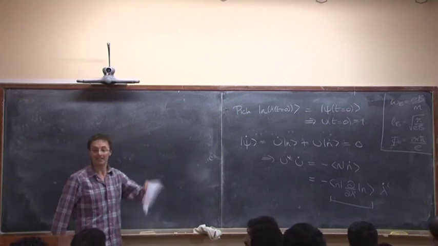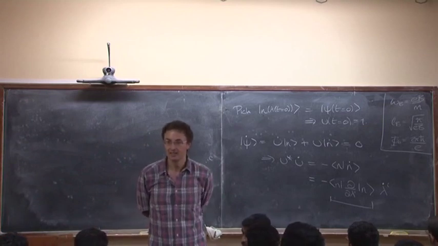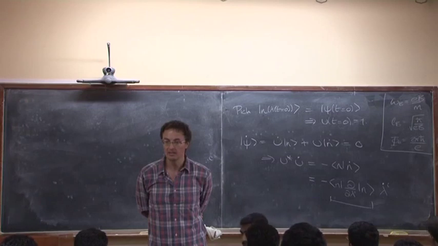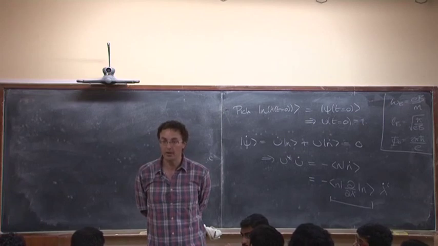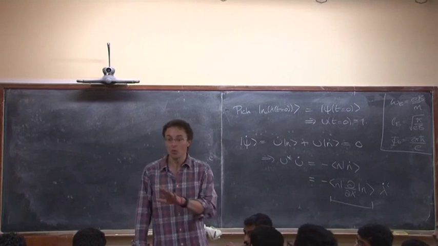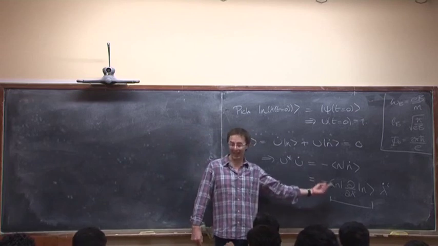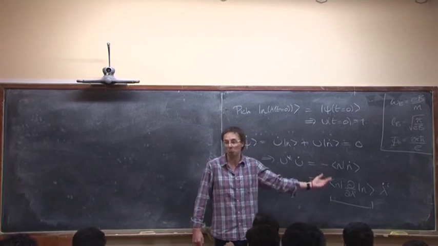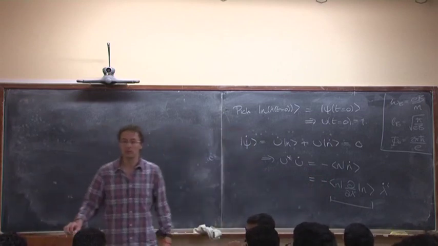Can I ask you something that's bugging me a little? You know, as we change these dials, our Hamiltonian changes. Now it's okay to set the energy of the initial Hamiltonian to 0 by a choice. But then once we change the dial a little bit, wouldn't the new Hamiltonian have a different energy? So I'm just going to define my Hamiltonian such that the ground state energy is 0 for all values of lambda, which I agree is artificial. And if you don't do it, you have to include the dynamical phase contribution, which is also there. Then the arbitrary constant you would have to add would be time dependent,